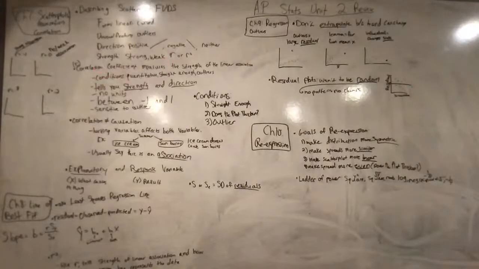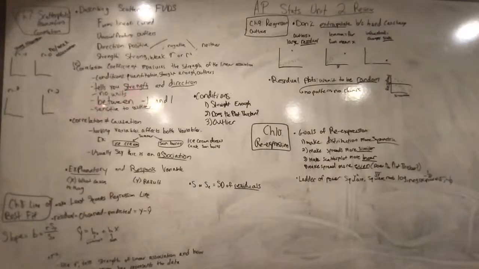The correlation coefficient is R, and it measures the strength of the linear association. The conditions you want to look at are: is it a quantitative variable? Is it straight enough? Because R is only accurate for straight lines. And outliers, because outliers can really affect it. And so now we'll talk about